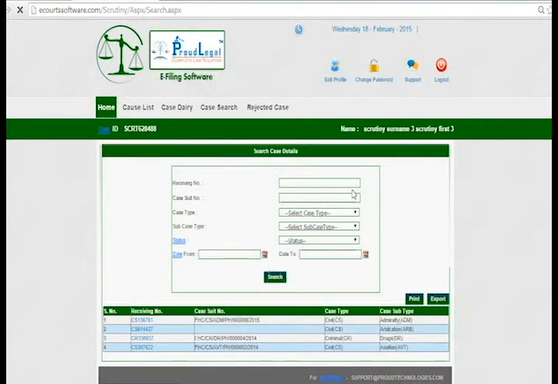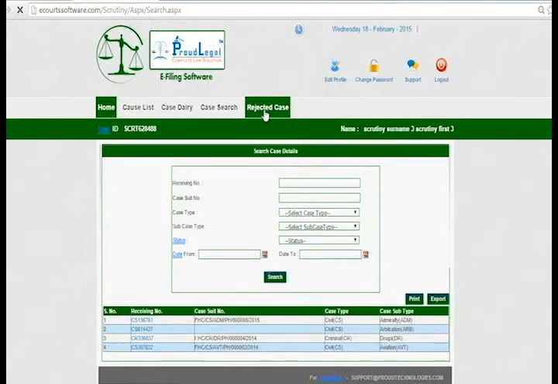Or if you don't have all these parameters, you can search the case by status, so we have these 4 parameters like new cases, running cases, completed cases, and rejected cases. And when you select the from date and to date and click on the search button, you will get all the cases between these 2 dates. Right? So this is the case search for the Scrutiny panel, and this is the rejected cases.